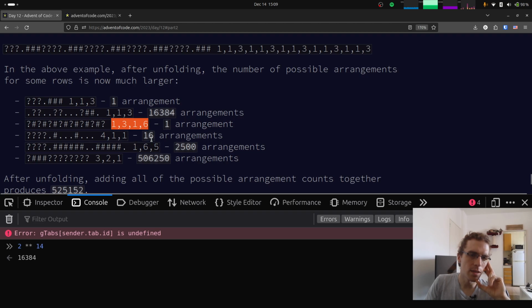Then this is 16 arrangements. We have already thought about this. This is 2500. Why is that? Well, in the first repetition, the 1 can go in 4 places. So we have 4. But then on the next one, we're going to have an extra question mark. So the 1 on the next group, like the 6 and the 5 are really fixed, but the 1 in the next group can be in 5 places. So we have 4 times 5 times 5 times 5 times 5. So it is 5 to the 4